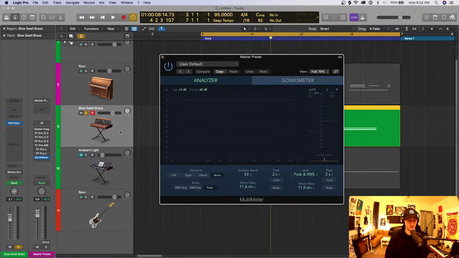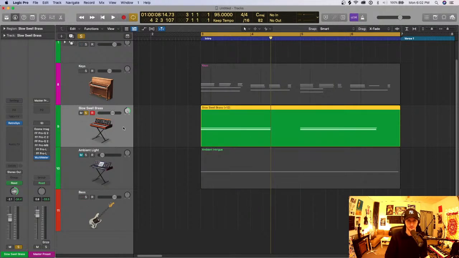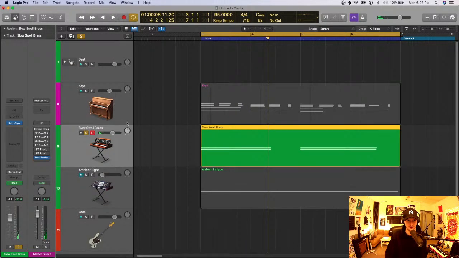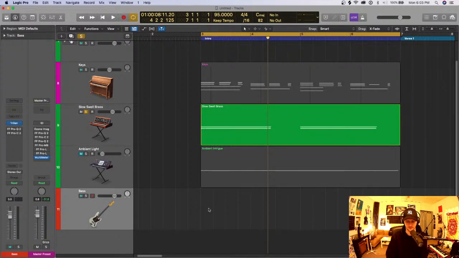Sometimes when I'm saying different ranges, it's because you might want to hard pan a pad to the right and have a similar tone of a pad panned to the left, just to have more space for your mono signals, like your bass and things like that. If this was down low, it would just get eaten up by the bass anyways. Like if we had a bass guitar here,